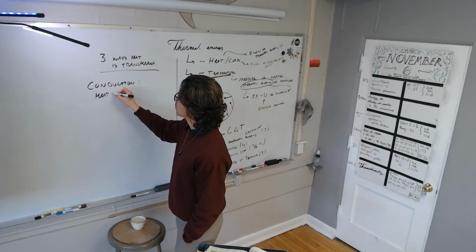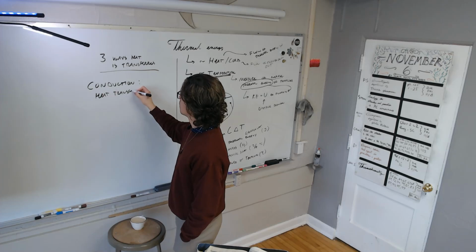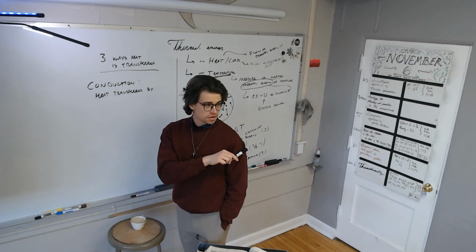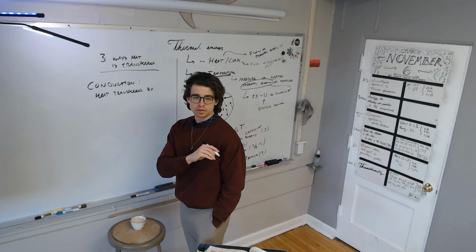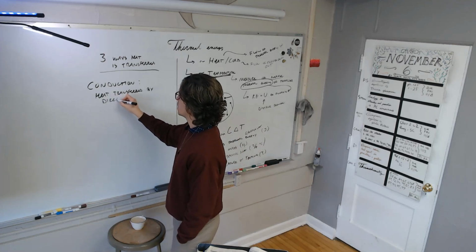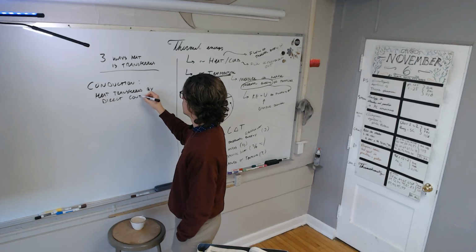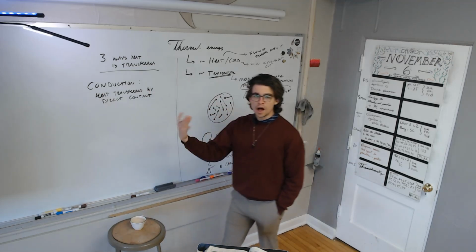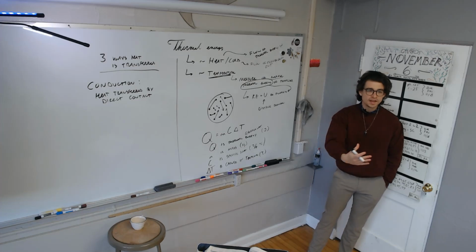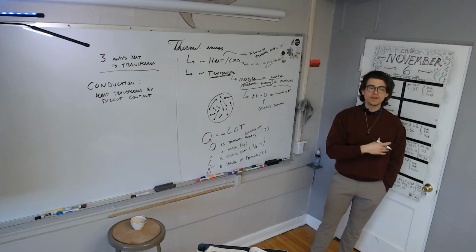Heat transferred by, you said absorbing. Someone just said heat transferred by what? What do the objects have to be doing for conduction to work? Yeah, by direct contact. I'm going to put that. I think that sounds more scientific than touching, but by direct contact. So a hot object in contact with a cooler object, the heat will move from hot to cool. Hey, fill that in.